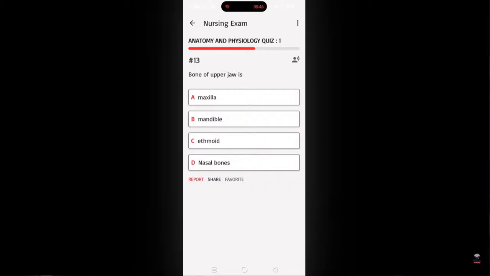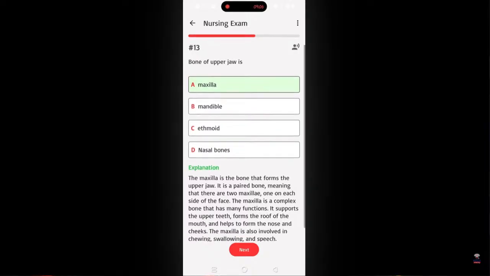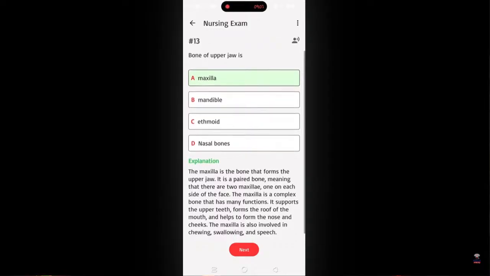Bone of upper jaw is A. Maxilla, B. Mandible, C. Ethmoid, D. Nasal bones. Maxilla, then the mandible. Okay. Correct answer. The maxilla is the bone that forms the upper jaw. It is a paired bone, meaning that there are 2 maxillae, one on each side of the face. The maxilla is a complex bone that has many functions. It supports the upper teeth, forms the roof of the mouth,